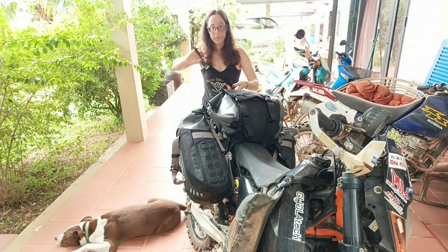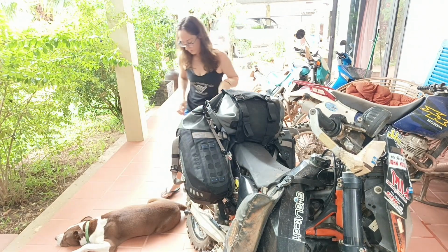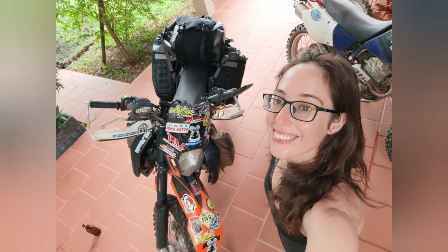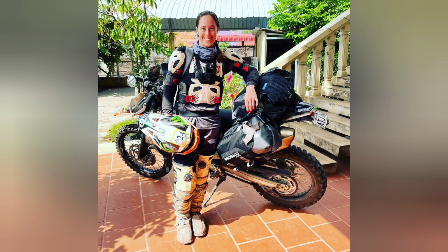Now I've just got a few extra straps to do up, so don't mind me while I finish up with that. But overall, I am really stoked to get my hands on Mosko gear. It is tough, it is waterproof, it is designed for people who really want to ride off-road, and I really appreciate that. Also, I forgot to mention that the beaver tail is eminently expandable,